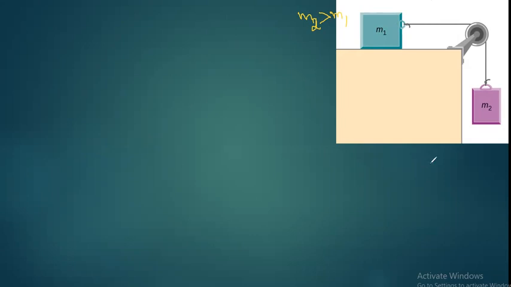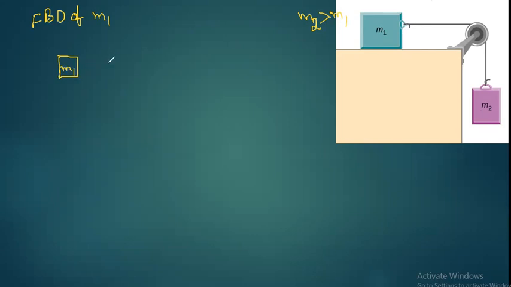So what I said, in order to observe the total system, we are splitting the total system into two parts because here there are two blocks. So the first block M1 and the second block M2. So let us draw the FBD of M1. Yes, FBD of M1. Come on. If you draw the FBD of M1,